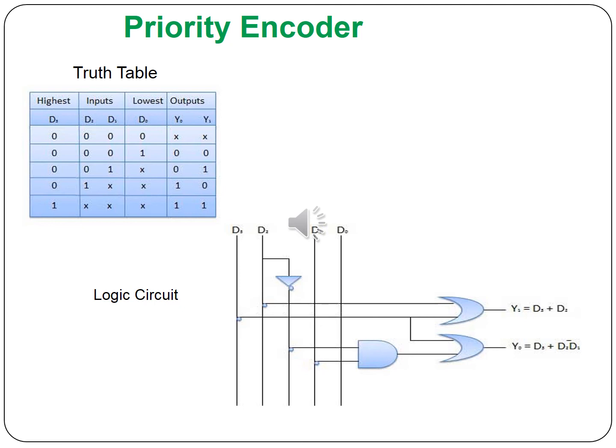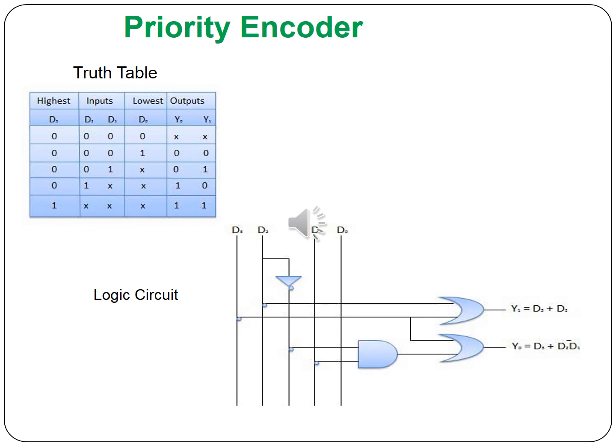The next highest priority is D1, so with D1 as the highest priority, D0 may be either 1 or 0, so the corresponding D2 output is available, and D0 is the lowest priority. So the highest priority means only the data of the highest priority flows into the output. So this is the logic circuit of the priority encoder.